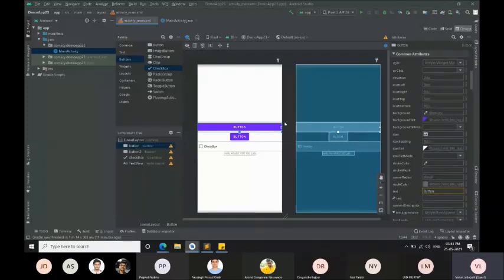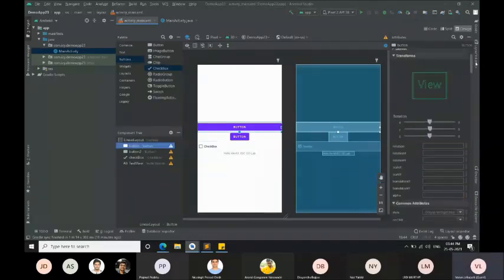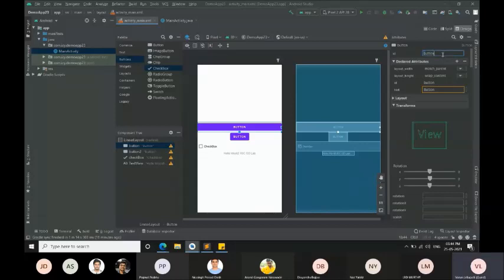Just coming to the buttons. I've clicked on this button now. So I got that button's properties over here. It is this button's ID. ID is nothing but its name. Every component should have some name, which will be useful for us later when we want to do some high level programming. We require each and every element to have a name. This is the text inside that button. So I am changing the text to click me. So the text will change for it.